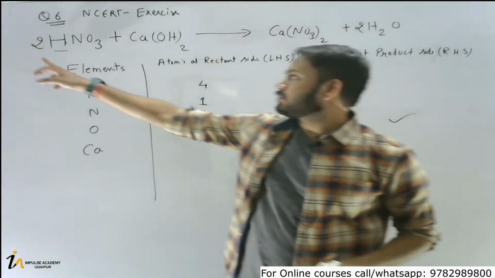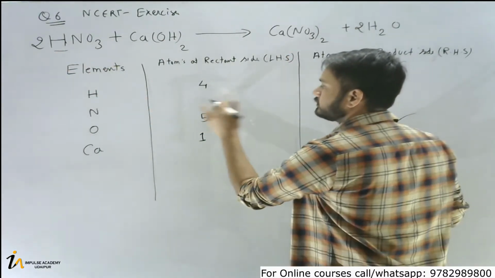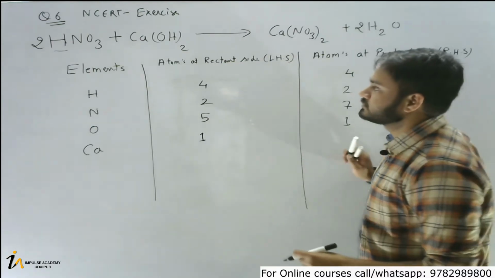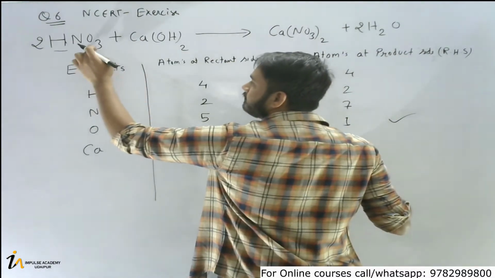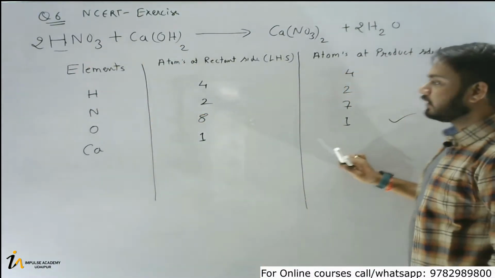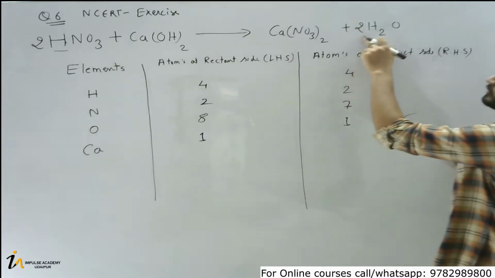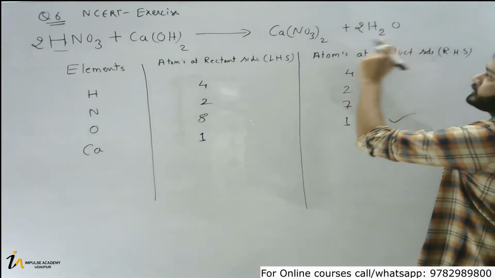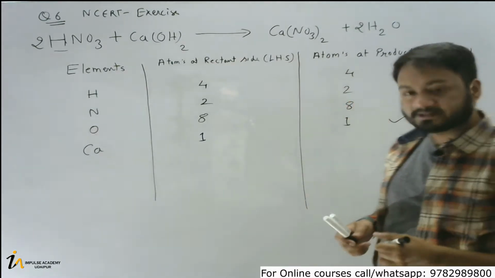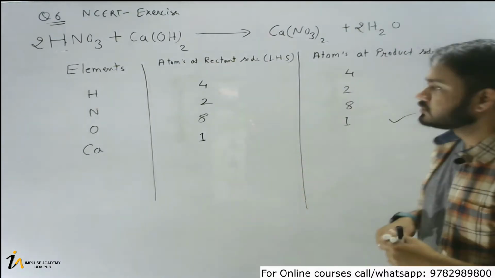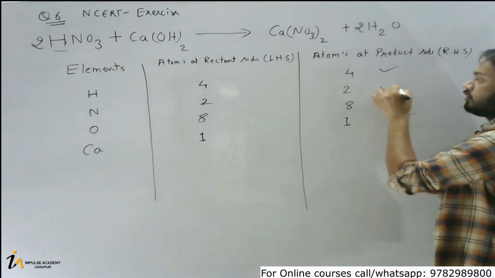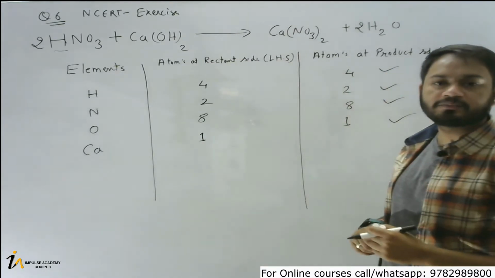But when we multiply here by 2, the N will also become 2. So here we need to change the number of atoms of our nitrogen, and then oxygen will become 3 into 2, 6 plus 2, so it will become 8. If we write 2 here, oxygen here also changes, so 2 here and 3 into 2, 6, so it will become 8 here. And this is how we solve the questions. Because of this process, the number of atoms of all the elements become the same in the reactant side and the product side.